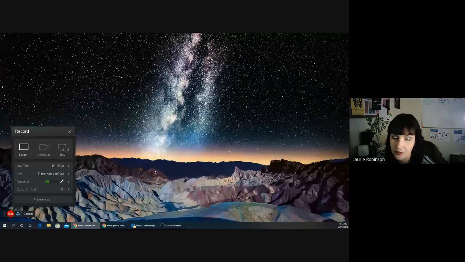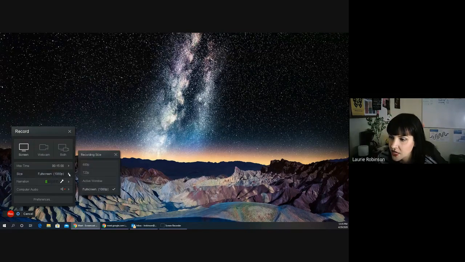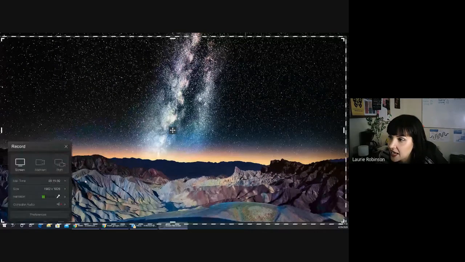When I launched Screencast-O-Matic, it just really is this box here that mostly comes up when you're using it. But this box has most of the important features. So first, for somebody who talked about the ratios, this is where you can see the different sizes. This is also where you're able to choose how much of the screen you would like to record. So if you want to do your full screen, if you just want to have an active window,